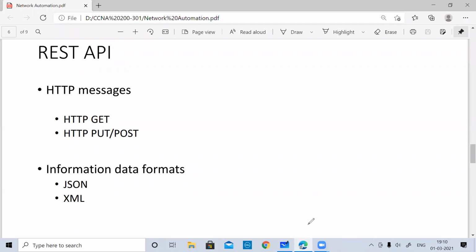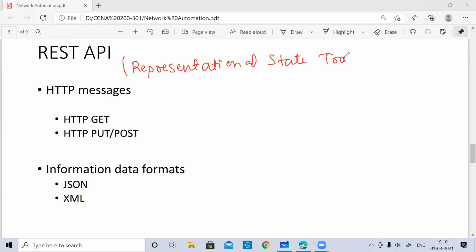Now, what is REST? REST stands for representational state transfer. Representational is to be understood as something which you represent, like a resource. Representation means you are going to represent a resource.